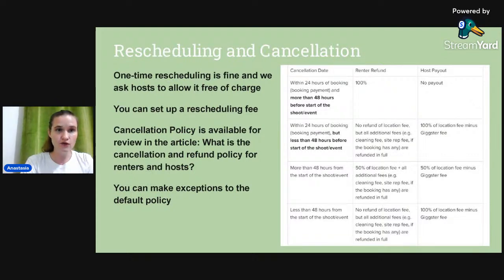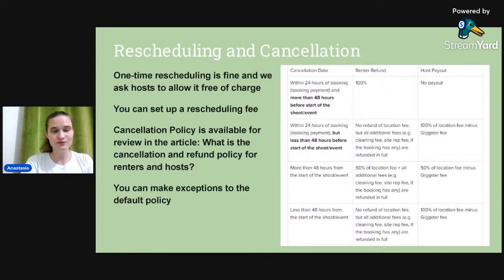If there are less than 48 hours before the start, you made a last-minute booking, even if you decide to cancel within the 24 hours of confirmation, you won't be entitled to a full refund of the location fee. So it's very important to consider that the grace period does not apply to last-minute bookings made less than 48 hours before the start. If I book today for tomorrow, in an hour I decide to cancel, I won't get my money back. If I book today for, say,